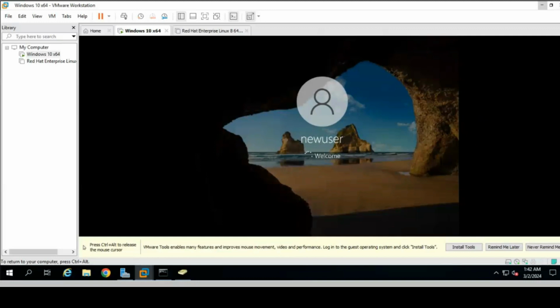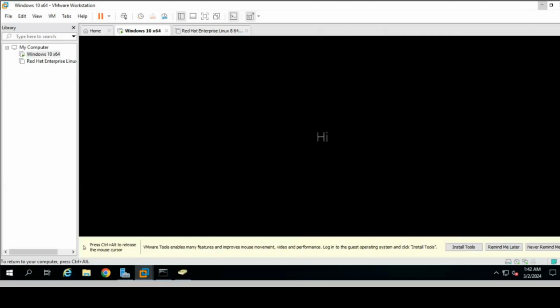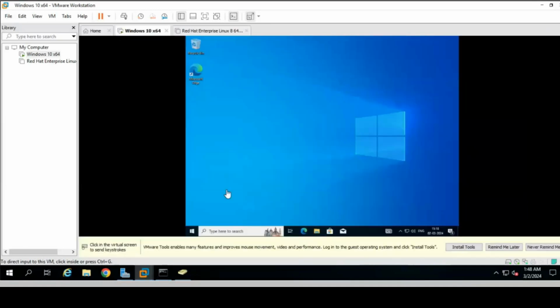So that means successfully my system is connected with that server and it is able to log in with that domain user. It's logging in. So now just try to create this user in your machine and try to log in that on VMware. Start to do this. So this is how we can create the user and we can log in that user in client machine.